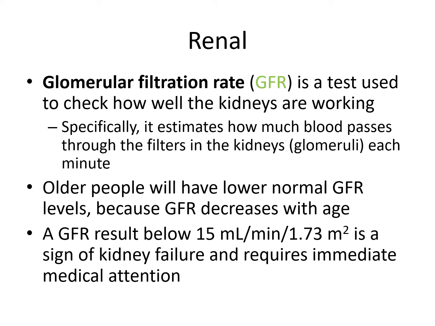Looking at renal, we have our glomerular filtration rate, or GFR. This is used to check how well the kidneys are working, and specifically it estimates how much blood is passing through the filters in the kidneys per minute. Older people will have a lower GFR, so GFR does decrease with age. It's like anything on an old car, it starts to wear out. But a GFR below 15 milliliters per minute per 1.73 meters squared is a sign of kidney failure and requires